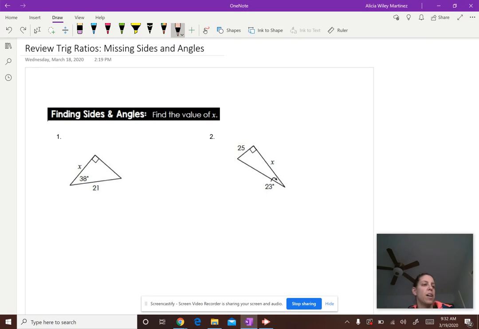So when we were last at school, we talked about solving trig ratios, meaning solving for missing sides or missing angles, and depending on what the problem looked like was going to depend on the way we set up the problem. Okay. So either way, when we were doing these problems, the mnemonic device that we were using to remember our ratios was